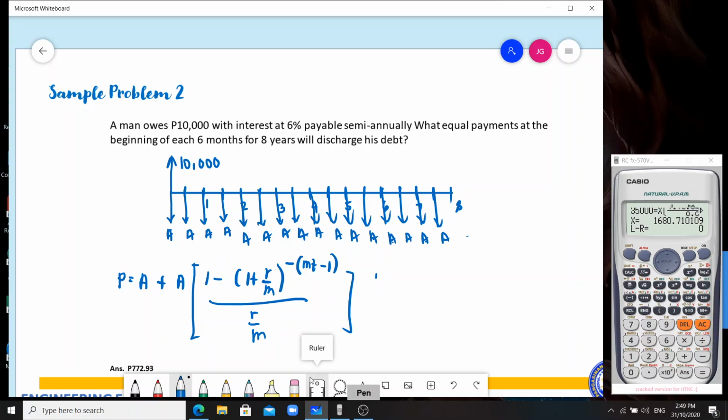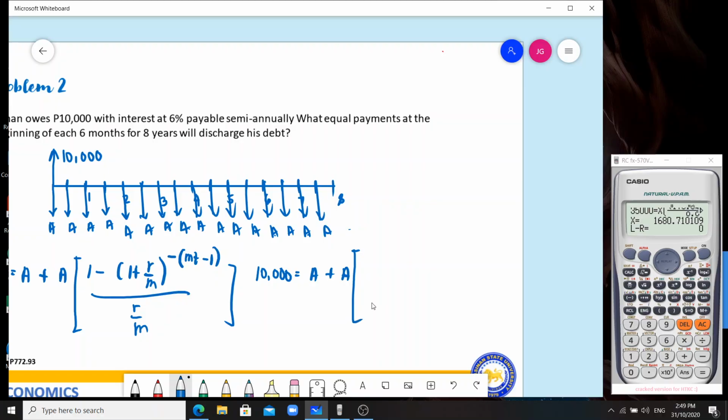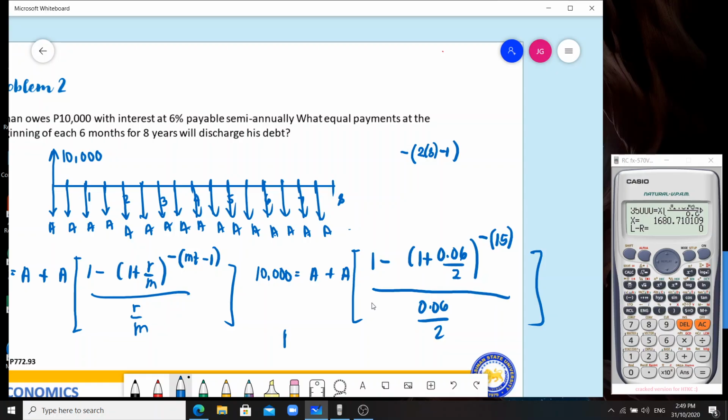Ang P natin ay equivalent sa 10,000 equals A plus A times 1 minus 1 plus 0.06 over 2 raised to ilang payments na lang kung 16 yan, so magiging 15, negative 15, okay? Or kung susundin natin yung MT minus 1, so negative, ang MT natin ay 2 for 8 years minus 1, so 16 minus 1 is 15, okay? So 0.06 over 2. Okay, so ang A natin is equivalent sa